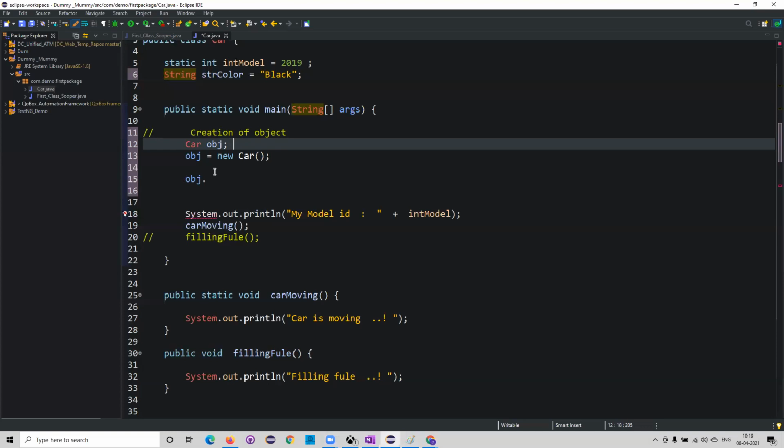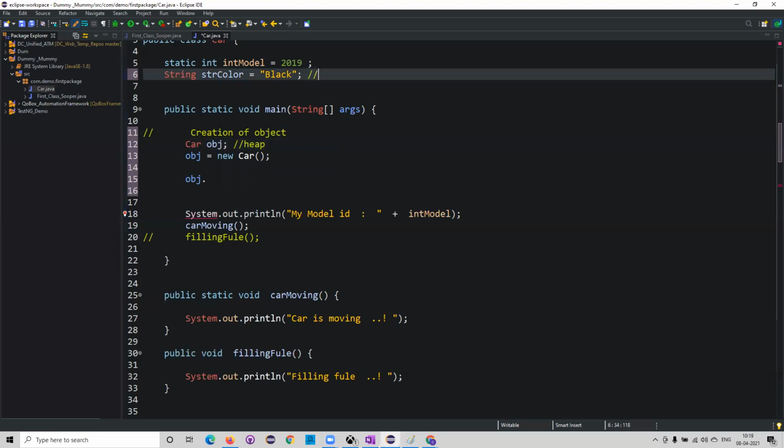Okay, now coming back here. Once we have given that, he will make a copy and provide that proof for the particular SIM card, the reference. The same way, when we create an object, the object would be created in heap memory. Guys, this is very, very important. The objects will be created in the heap memory.